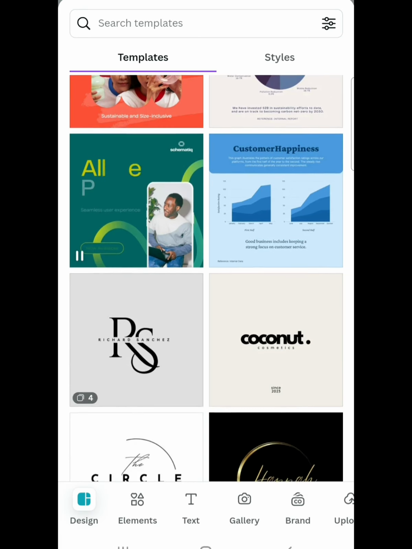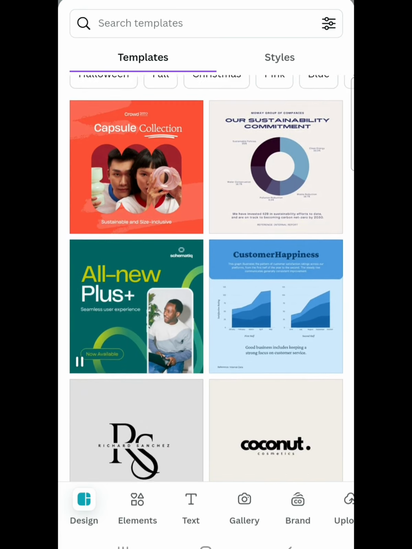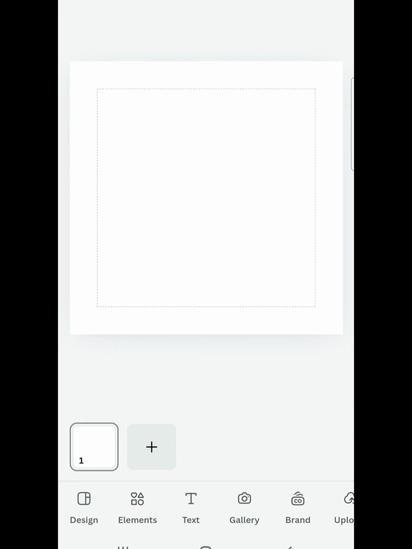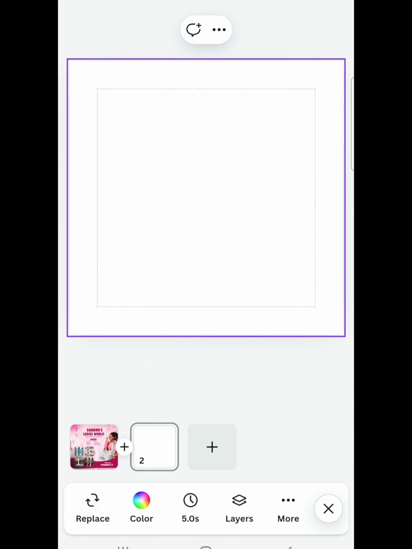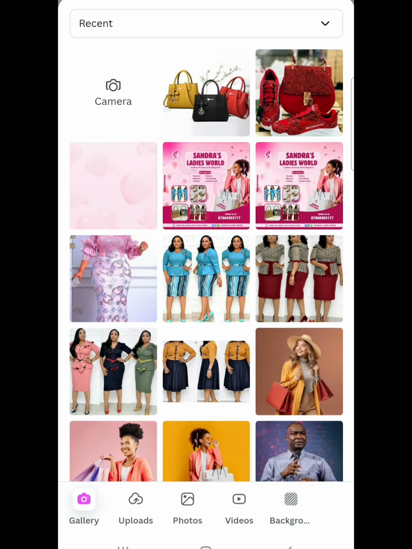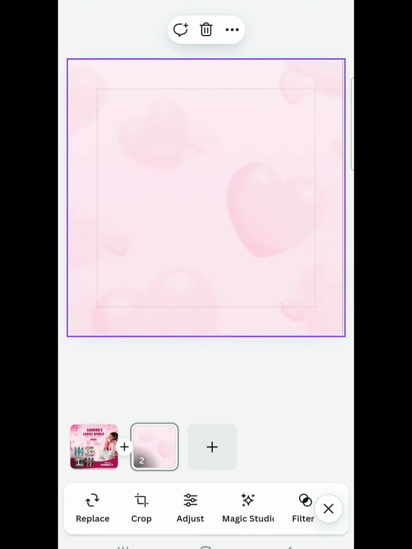3,200, because we want to make use of a square design. Okay, so it's loading, and as soon as it loads, Canva will give you insight on what you can work on. So we move back. Okay, so this is the interface. We click on the background. It takes us straight to our gallery and we choose the background for the flyer. Okay, so this is our background, and the next is we click the text